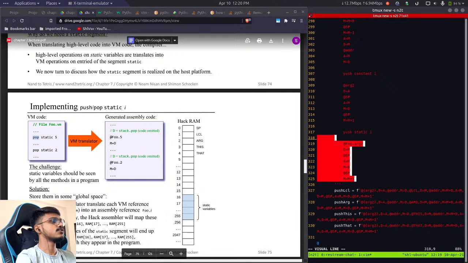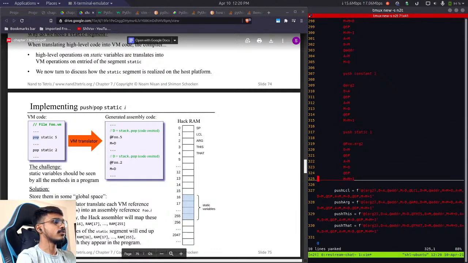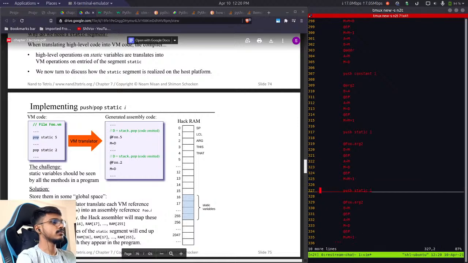Let's write the pseudocode for pop static. In case of pop, first we'll get the value from the stack. So first we'll select the stack pointer and do